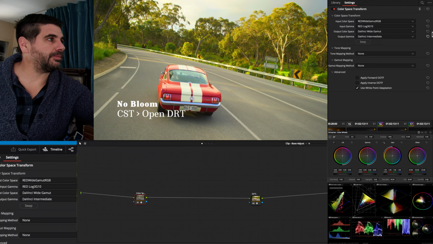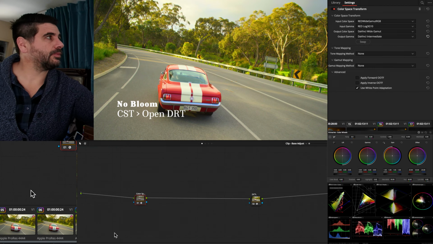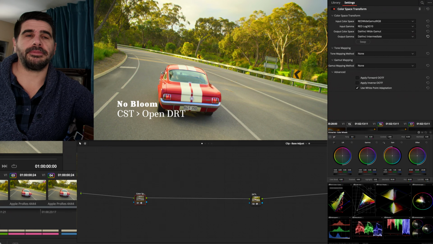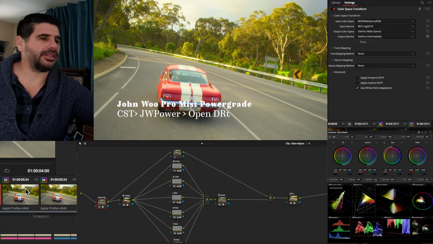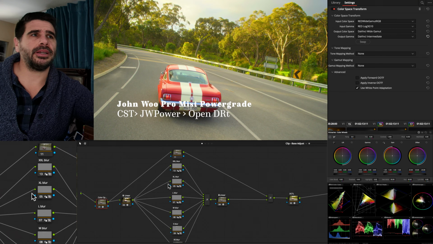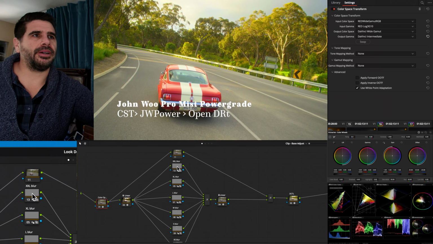And a new still album, and we're going to take a still of this. So this is Car with no bloom, as you can see. This is, I think it's John Woo. Maybe I should have checked that before putting the label on there. Woo Works, I don't know. He had a power grade of stacking